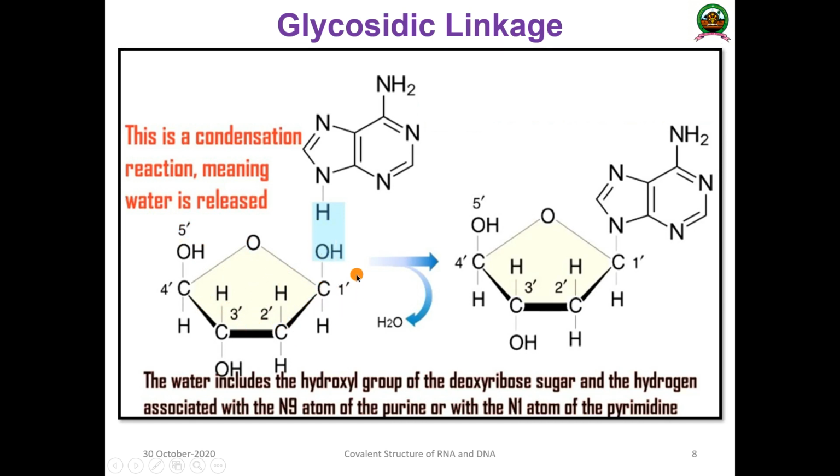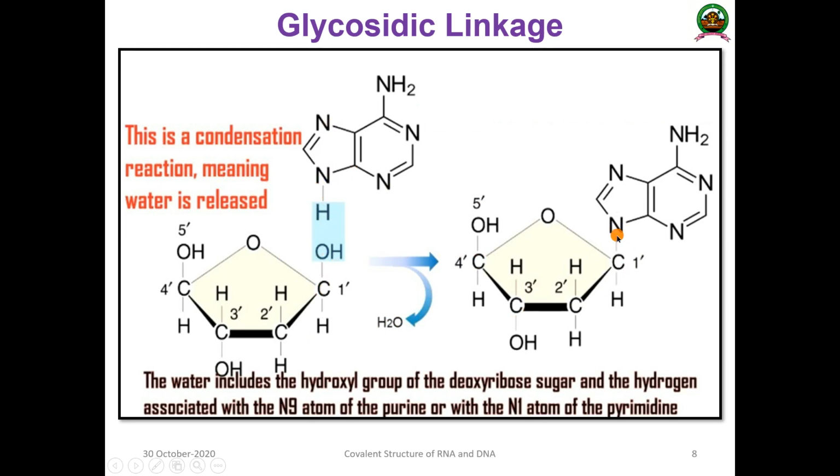Here you can see a hydroxyl group. And here you can see a purine. This is a pyrimidine ring, and there is an imidazole ring. This NH2 residue. And here in the nitrogen you can see there is an H, and here there is a hydroxyl group in the C1 position. So what will happen? The hydrogen and oxygen will combine to form this, again a condensation reaction. Here water will be removed, and the water removal will add this nitrogen-carbon bond.